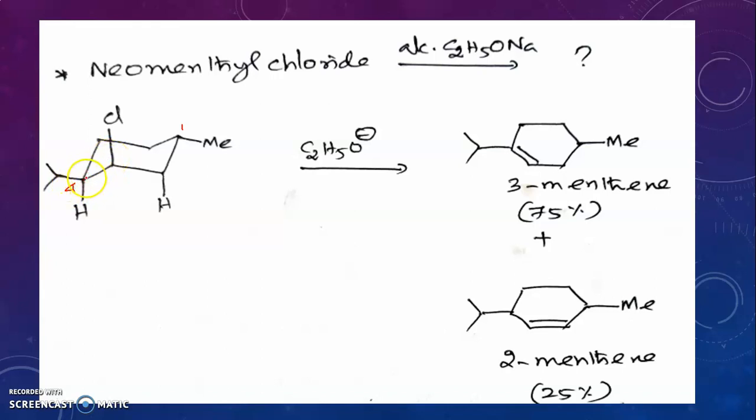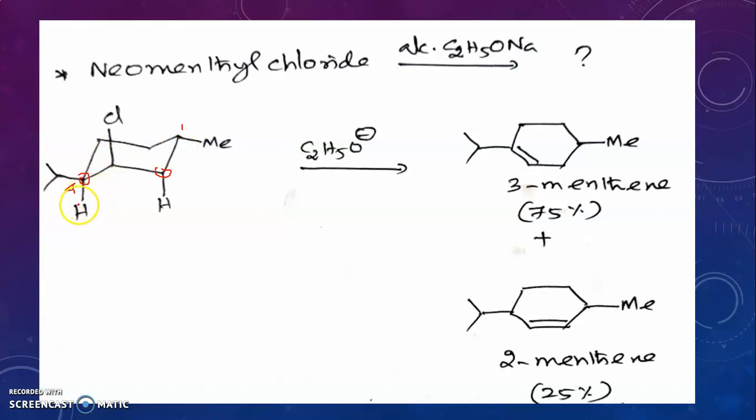For 1,2 cis, because they are present on adjacent carbons, one group should be axial and the other group should be equatorial. Since the isopropyl group is already placed in the equatorial position, the chlorine must be placed in the axial position. Okay. Then if you add the base, elimination will occur. Now listen, this is very, very important. For this chlorine, this is the alpha carbon, and the adjacent carbon is beta. So I have a beta carbon here with an axial hydrogen, and I have another beta carbon here with an axial hydrogen. So now I have two axial hydrogens which are in preferred position.